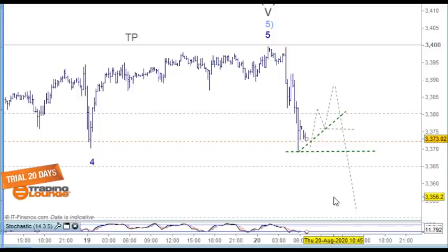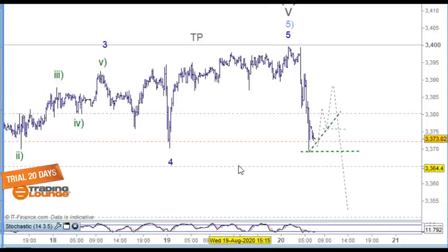But before we get into the shorting business of all of this, the other point I want to make is that from wave 4 here, we can count five waves up here. We could count 1, 2, 3, 4 here, 1, 2, 3, 4 and 5 to here. So probably A and B and C here. 1, 2, 3, 4, 5. I'm just wondering if this is an A and a B and a C, and we actually end here and push up. And the reason I say that is that if we take a look at the Nasdaq for a moment,